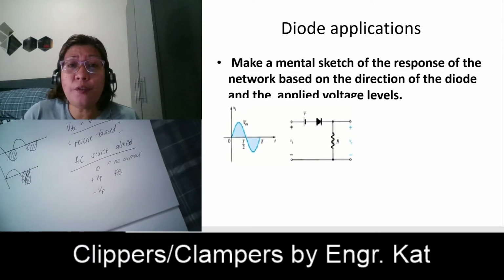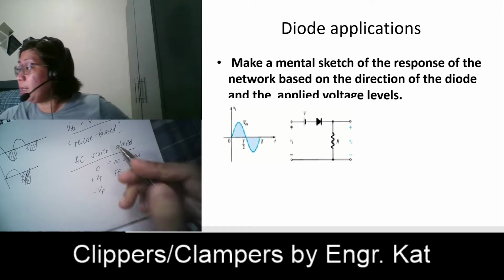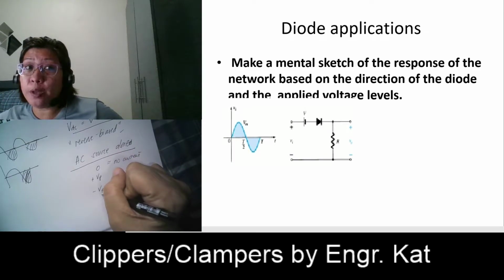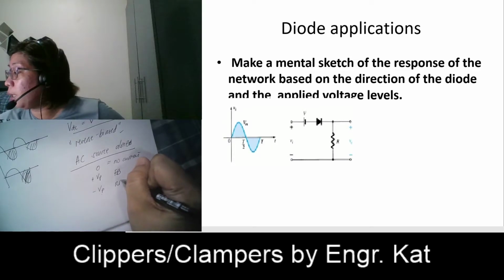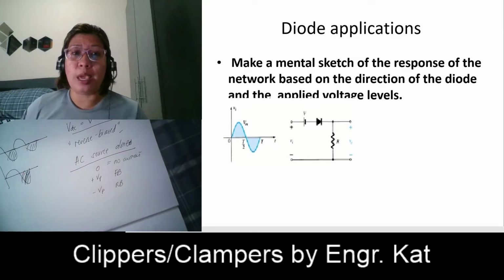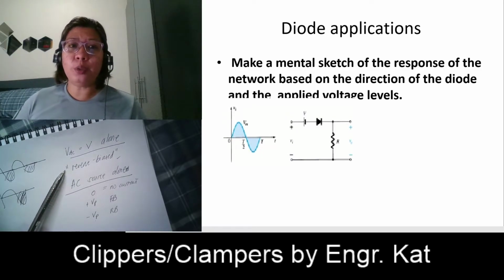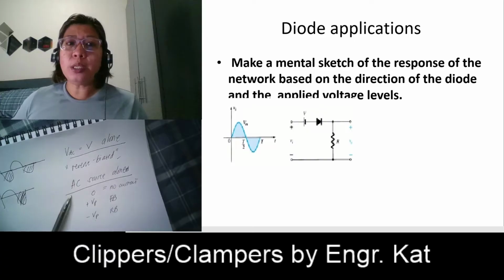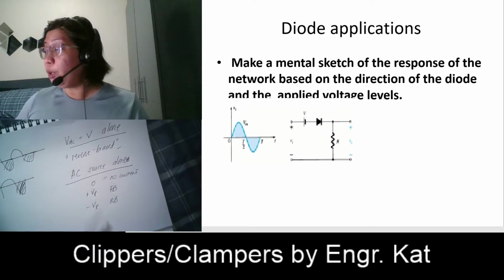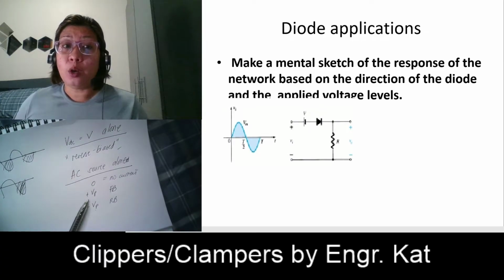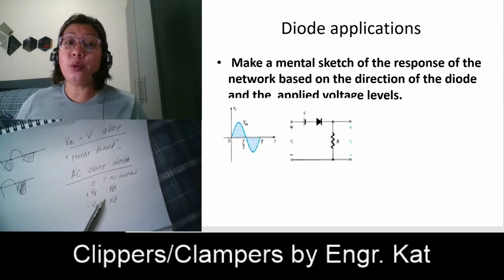So if you have a negative peak, it means that the negative terminal is connected across your anode. When the negative terminal is connected across your anode, we can say that at the negative peak of your AC signal, your diode is reverse biased. Using the DC source alone, your diode is reverse biased. Using the AC source, it depends. During the positive half, or the positive cycles, your diode can be forward biased, and during the negative, your diode